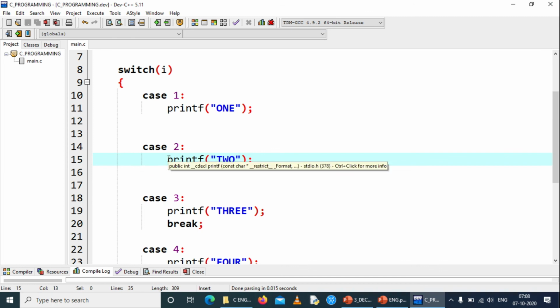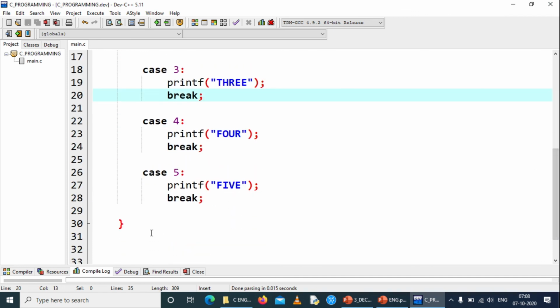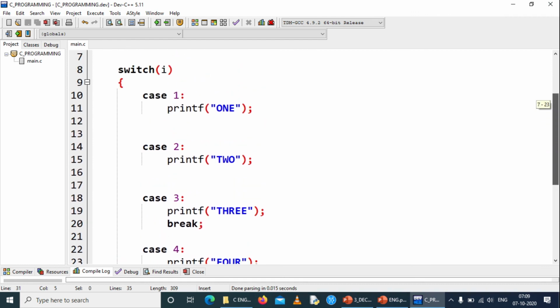So 2 has been printed, and again there is no break statement, so it continues execution of case 3 also without even checking the value. So 3 is also printed. Here it finds the break statement, and hence it stops executing the other cases and jumps out of the switch case.